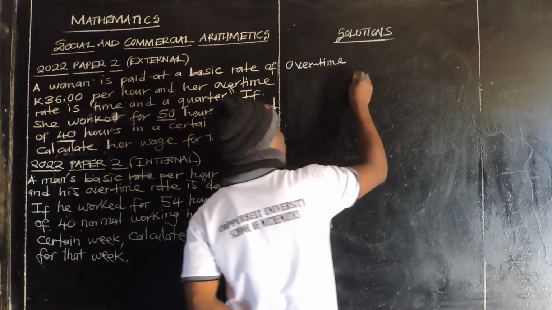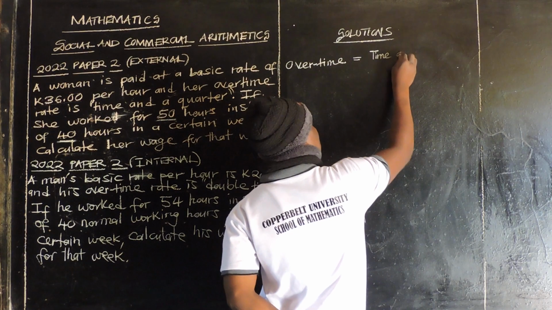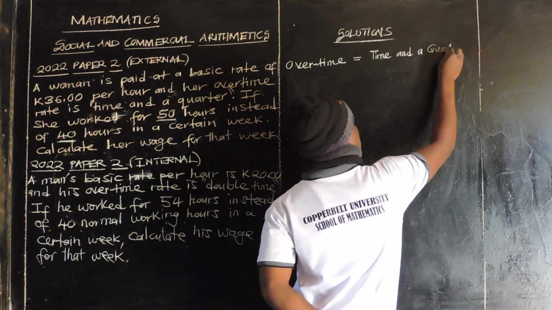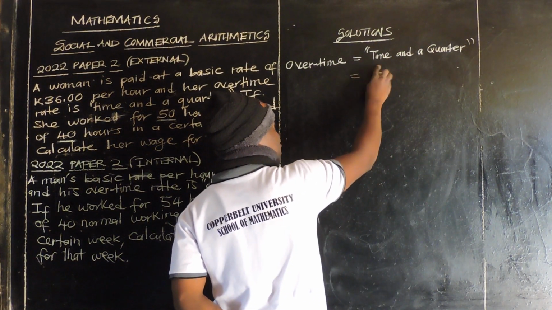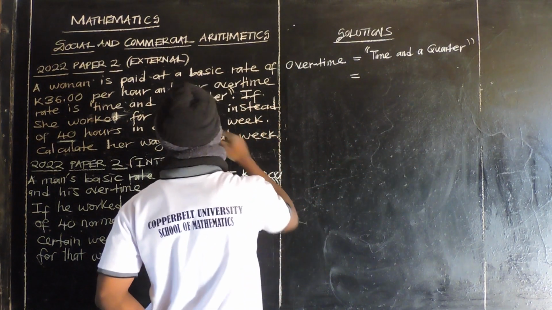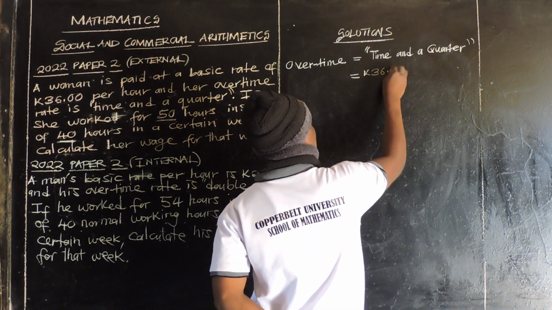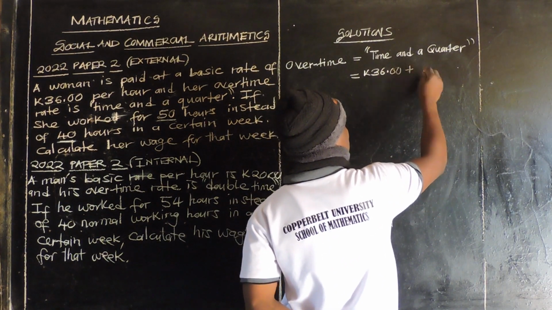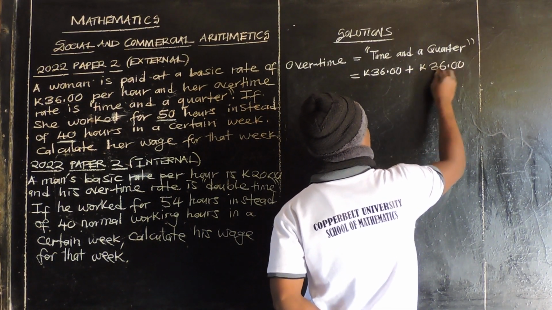Now the overtime, we have been told the rate is time and a quarter. That's the rate of overtime. So here, where there is time, you just put the amount she was given per hour. In this case, she was given 36 kwacha. So we say 36 kwacha, then plus a quarter of 36, we just say 36